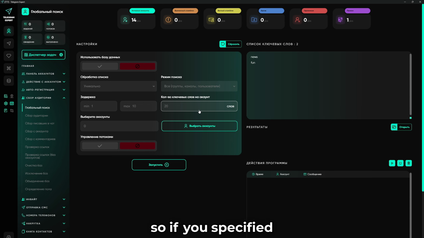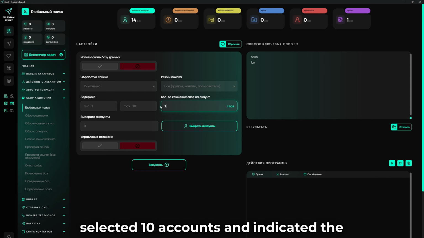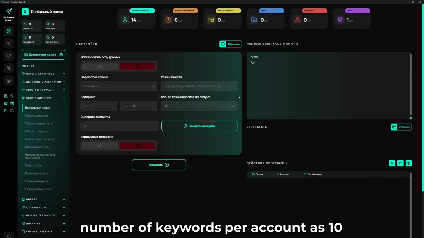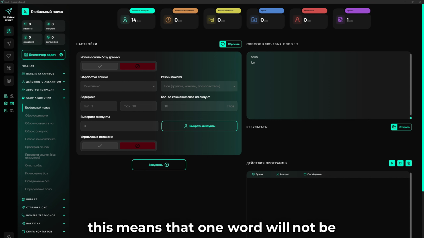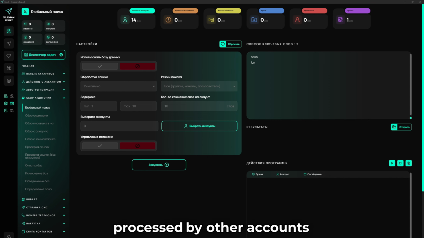So, if you specified, for example, 100 words, selected 10 accounts, and indicated the number of keywords per account as 10, then one account will process one word uniquely. This means that one word will not be processed by other accounts. Only one account will process that one word.